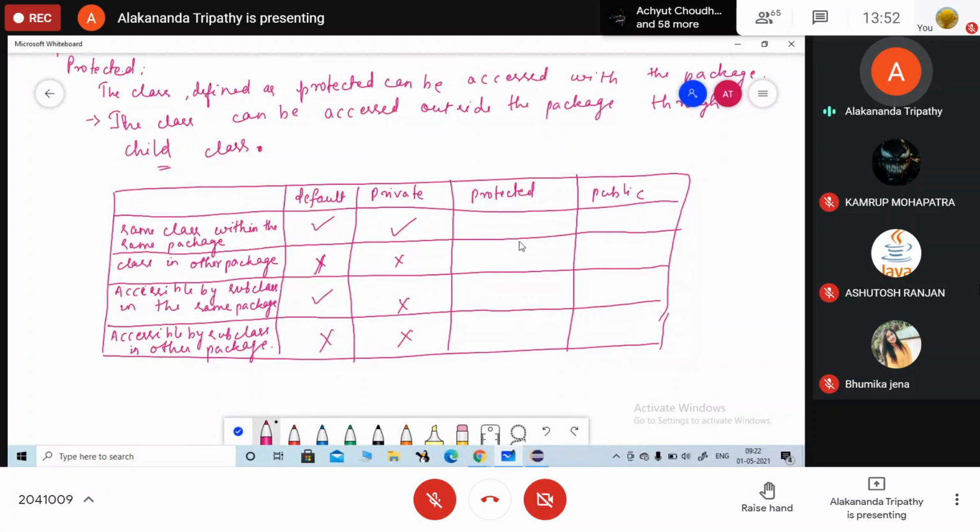And rest of the cases it is false. Protected, same class within the same package. Class in other package not possible. Accessible by the subclass in the same package and other package. And public, all the options are correct. Okay, the subclass concept we will learn while we are learning inheritance.